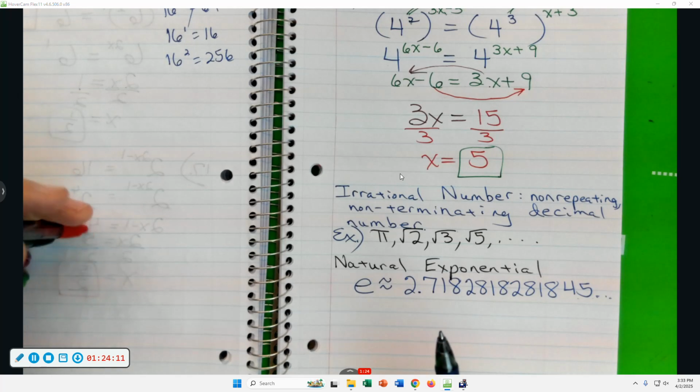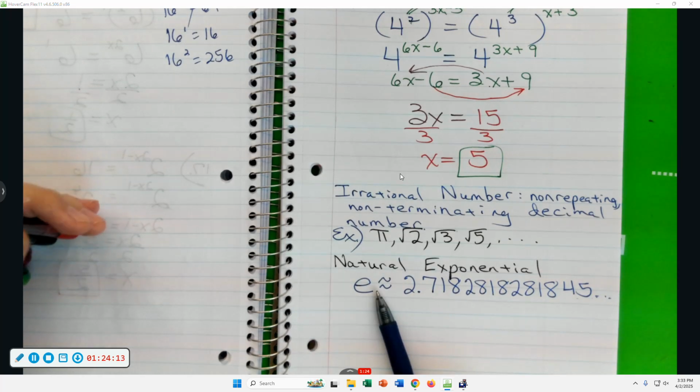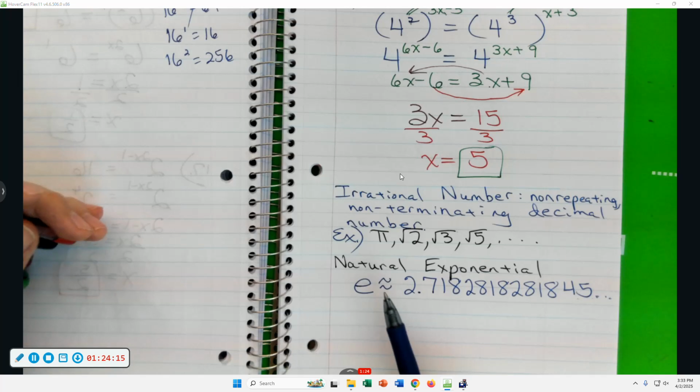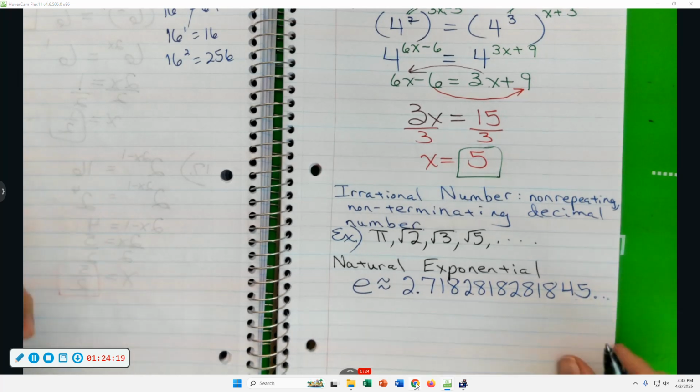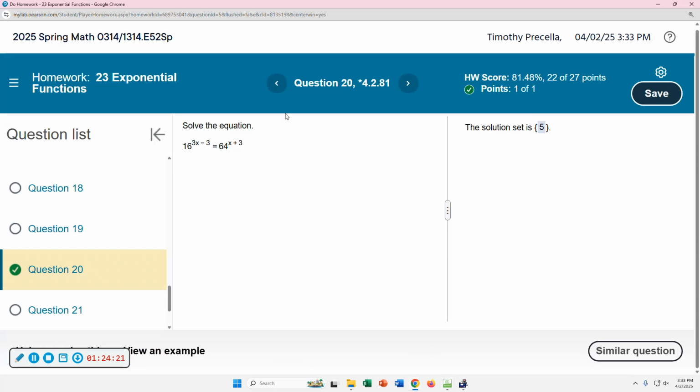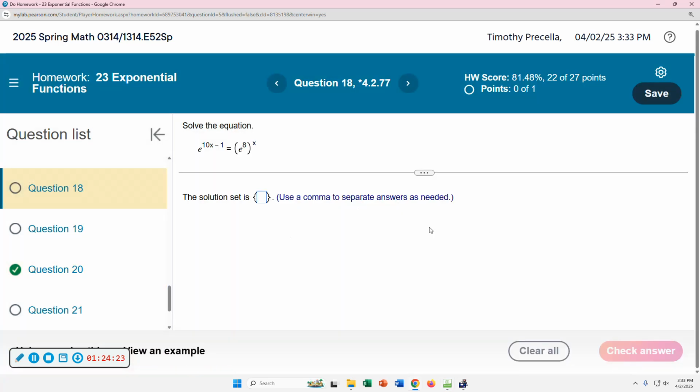If you have a base that's e on one side of the equation, you better have an e base on the other side as well. To illustrate, number 18, the lowercase e is no longer a variable for our purposes. That e is representing a number. We have e to the 10x minus 1 equals